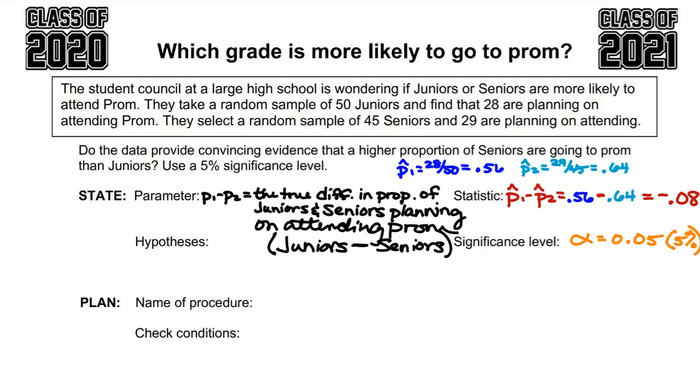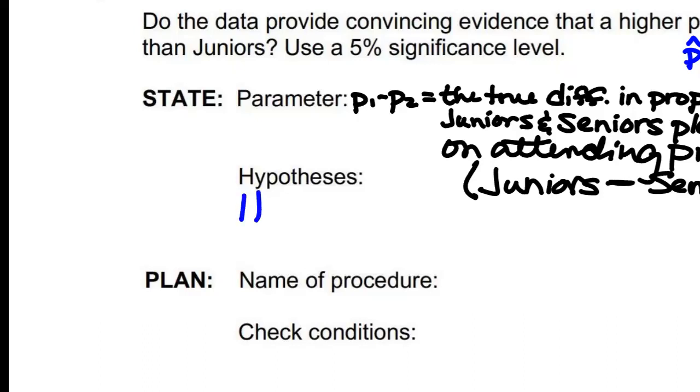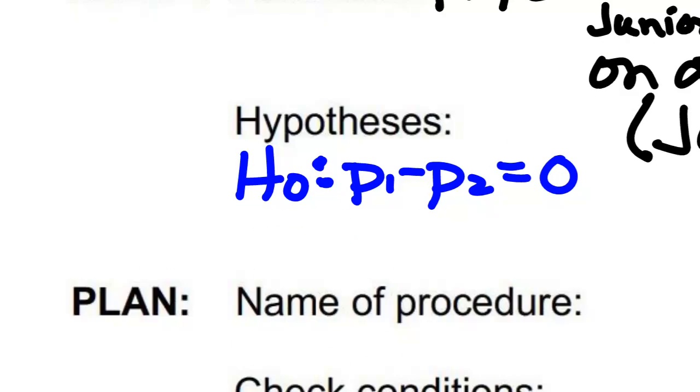All right, so we have parameter, we have statistic, we have significance level. We still need hypotheses for the state step. So what is my null hypothesis? P1 minus P2 is equal to 0. Make sure this doesn't have hats on it for your hypotheses. The hats are for things that we've actually collected and calculated. This is what it really is, which we think we have a ballpark for, but we're not sure. And then the alternative hypothesis,